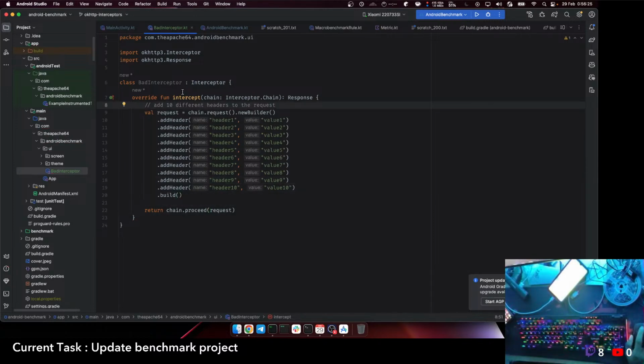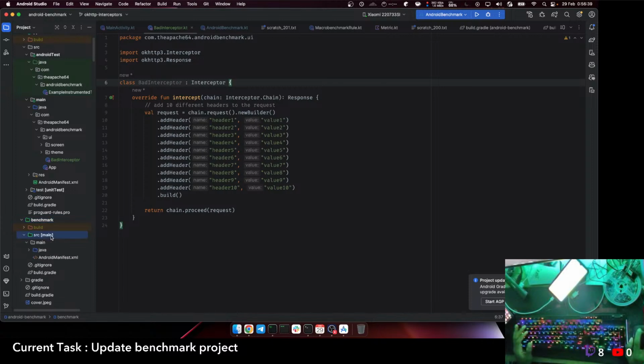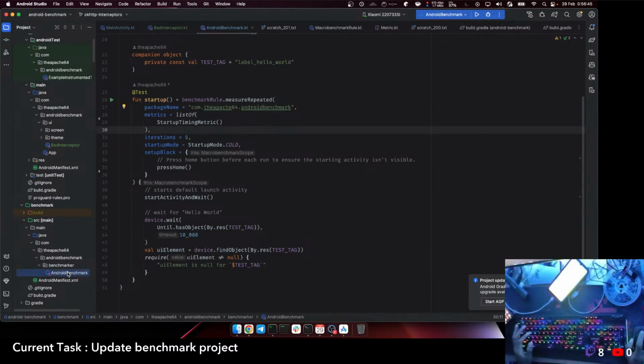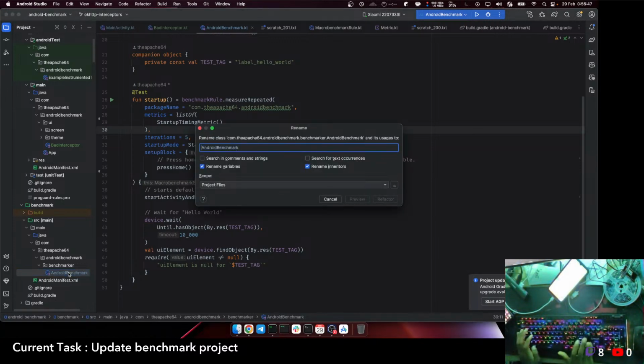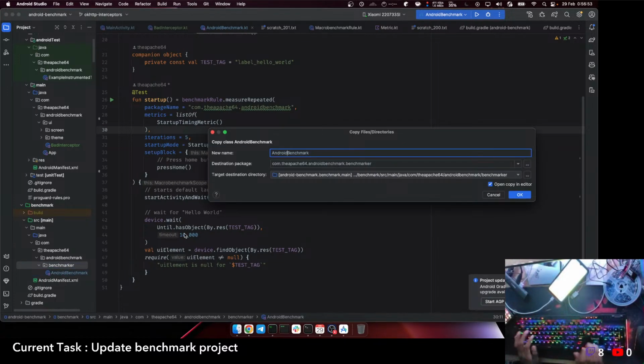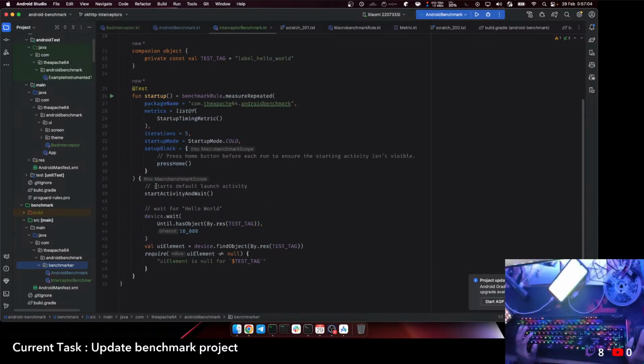Okay, and first we will test with just one interceptor. We will test with and without interceptor. So we'll start with very basic things. We'll go to our benchmark. We will rename this to interceptor benchmark, or let's keep it in there. Let's copy this and create a new one. We can use this if something breaks to verify that benchmark actually works or not. So we can call this interceptor benchmark, and we can remove